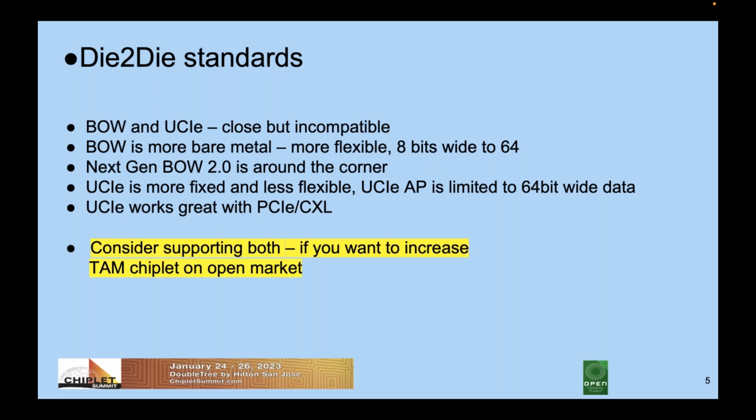Thanks, Kash. So basically, you're saying bare metal is nothing but what you mean is you have flexibility going from 8 bits to 64 bits. That's what you're referring to. The bump map, it's not as prescriptive, right? Okay. Because I was thinking in terms of protocol also, wondering if you had any